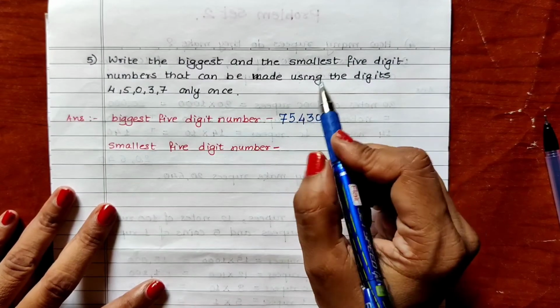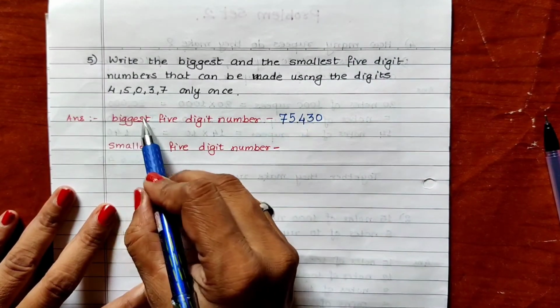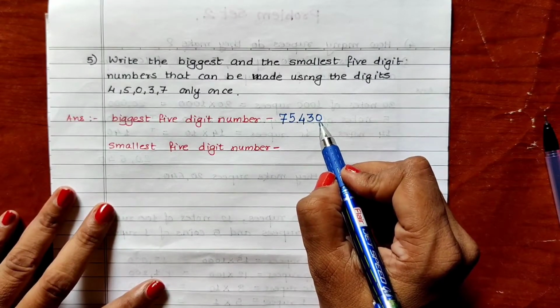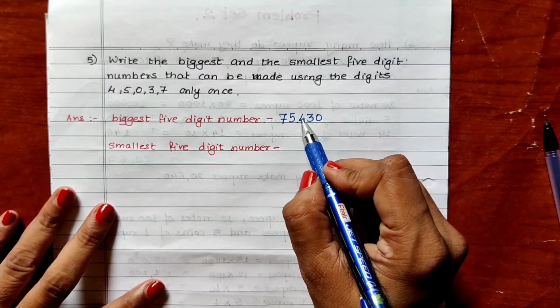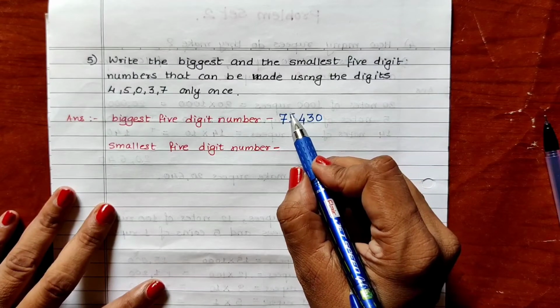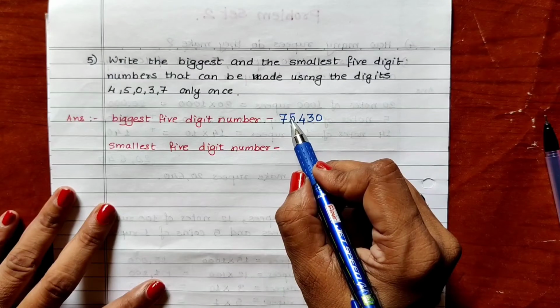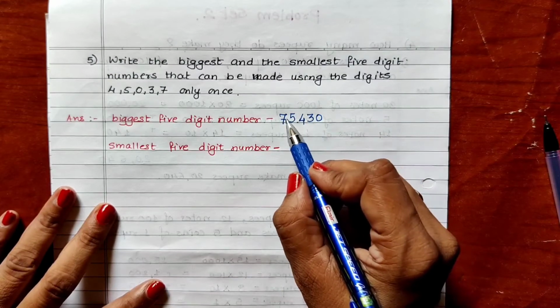So in this way we have made the biggest 5-digit number by using these digits. How to read this? 0 is at the unit place, then tens, 100, 400. Correct. Then 1000, 10,000. In 10,000 we take these two digits, we make the number 75, and then we write 1000.